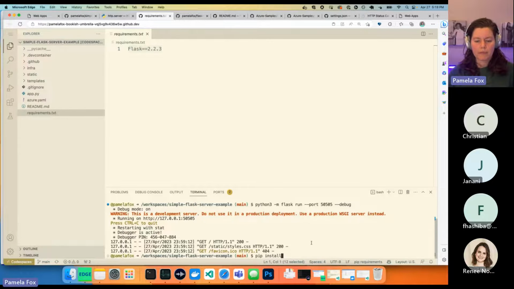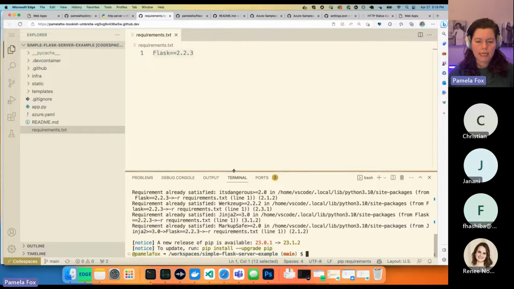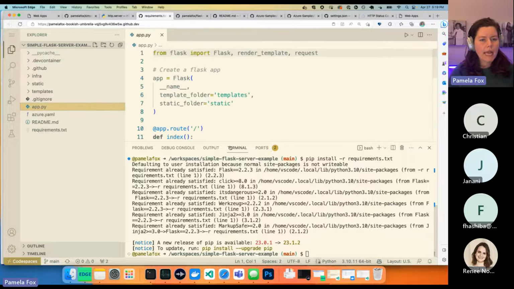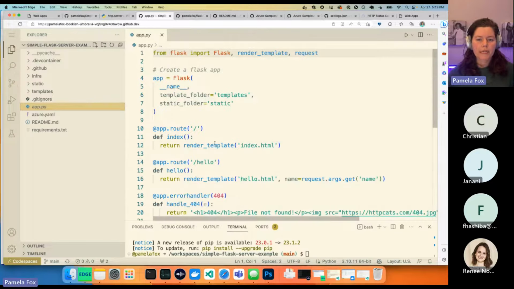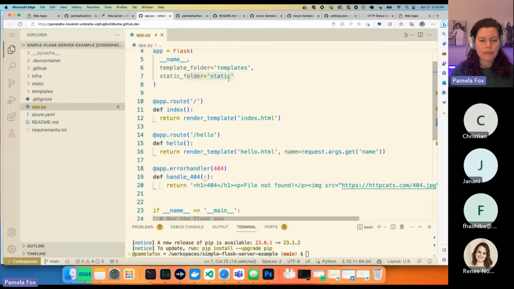So I can do pip install -r requirements.txt, and that brings in Flask and all of its dependencies. Then I have app.py, which actually creates the Flask app. We import some stuff from Flask, we construct a new Flask app, and we tell it where to find templates and where to find static assets. We'll see those in use soon.